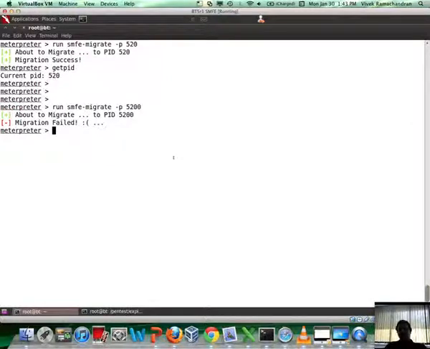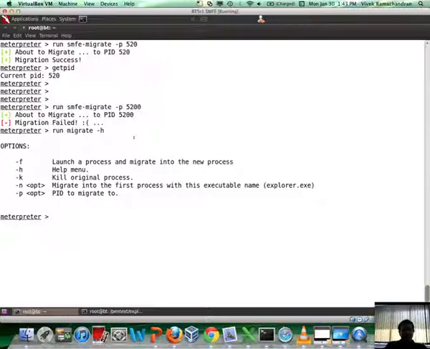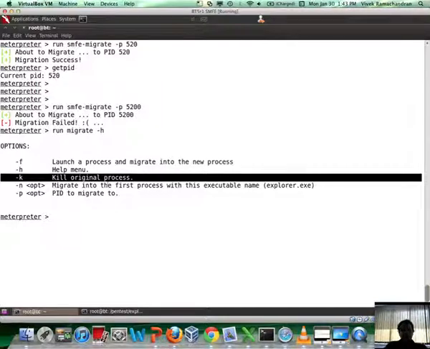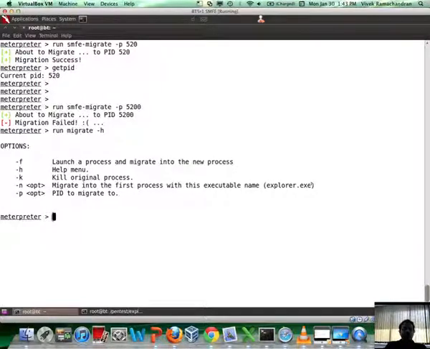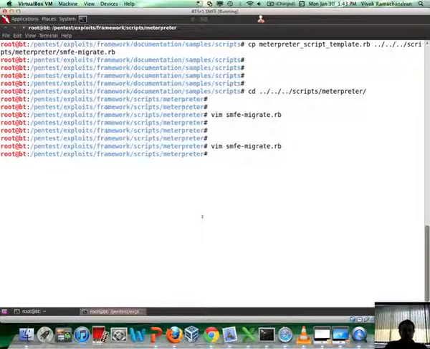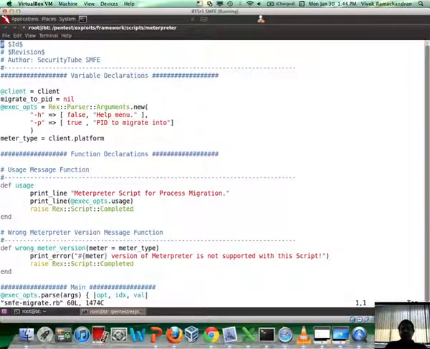Awesome. I can assure you there are tons of error checks and tons of other cases which we should ideally handle, which the regular migrate script handles from what I understand. Things like kill original process, or probably migrate to the first process with a specific name. You could do a ton of stuff. The point I'm trying to make is it is this simple to take a template, make modifications and get started with what you've learned in the previous video, which is taking the API and actually going ahead and doing your magic. The rest is your creativity.